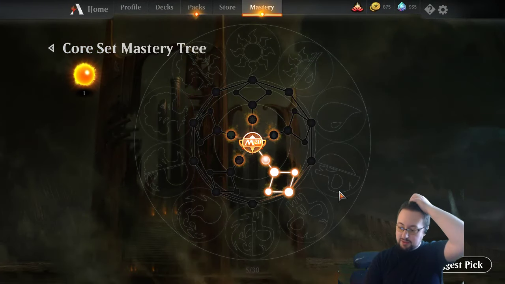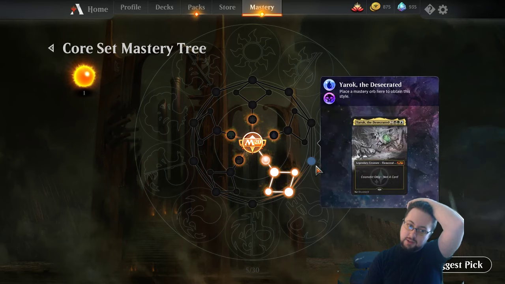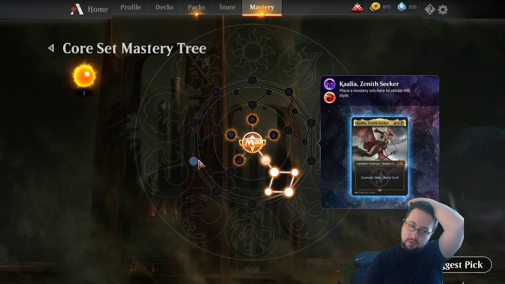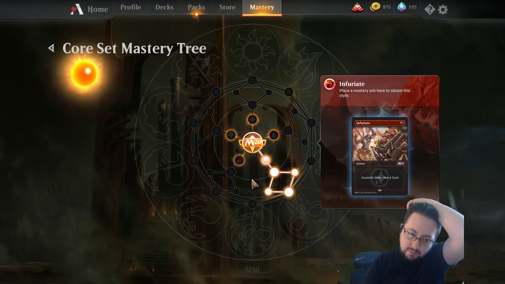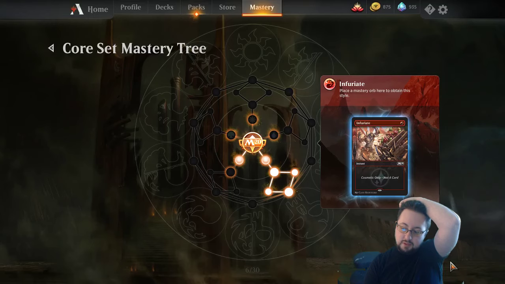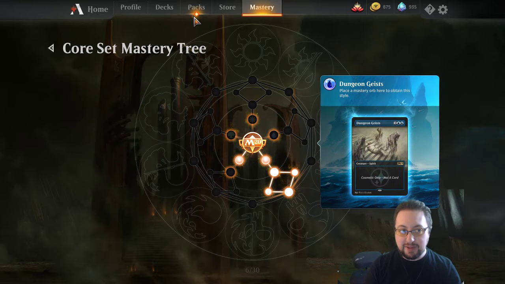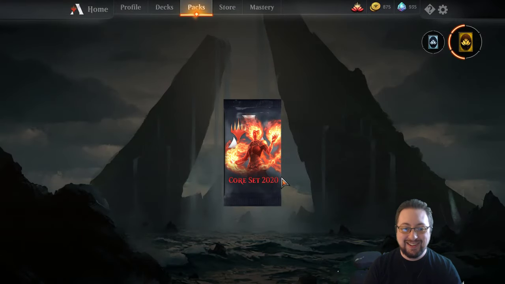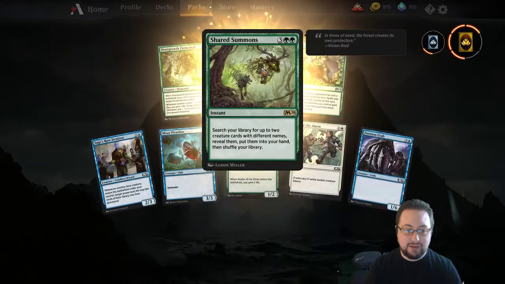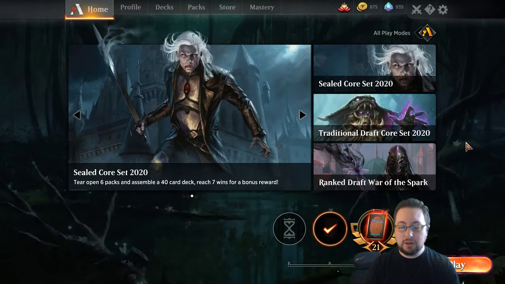Alright, let's see. So I got the black tree. Who should I go for next? Go down this one, maybe? Yeah, we want to go toward getting Omnath unlocked, I think. So we'll start doing that. Oh, level up. I hadn't put level up in yet. Okay, so...